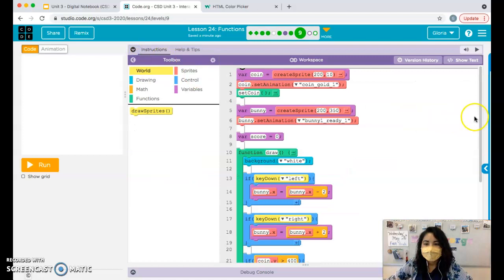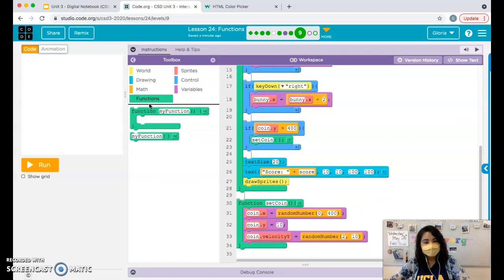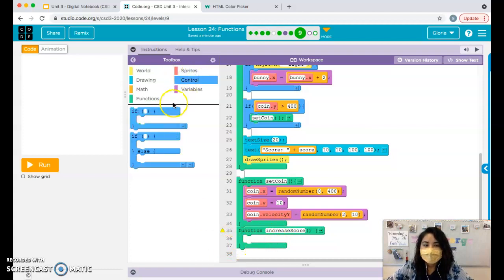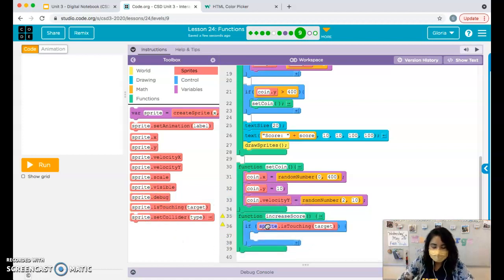We're going to create a function called increase score. Go to your functions, grab the big function block, and we're going to call it increase score. So basically we need to detect if the sprite touches the coin. All right, so we need an if statement. Is touching block, sprite touches coin. If the bunny is touching coin,